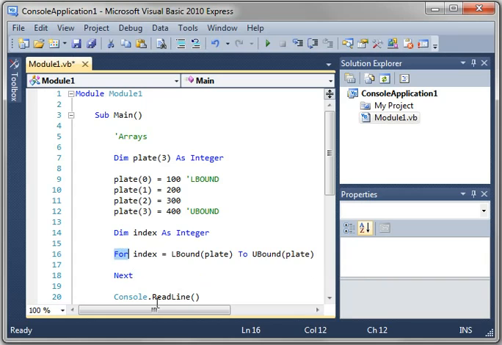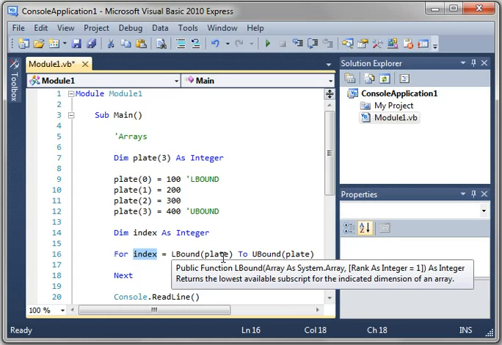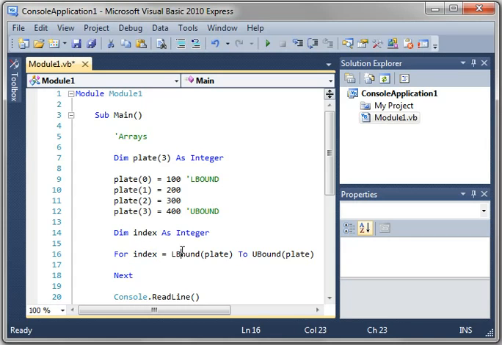You've seen the for loop before. What we're saying is we have an index, an integer. The index is also the index within the array. So we're saying for index equals, we're looping here, L bound to U bound. So we're going to go L bound, this one, and then U bound. And then